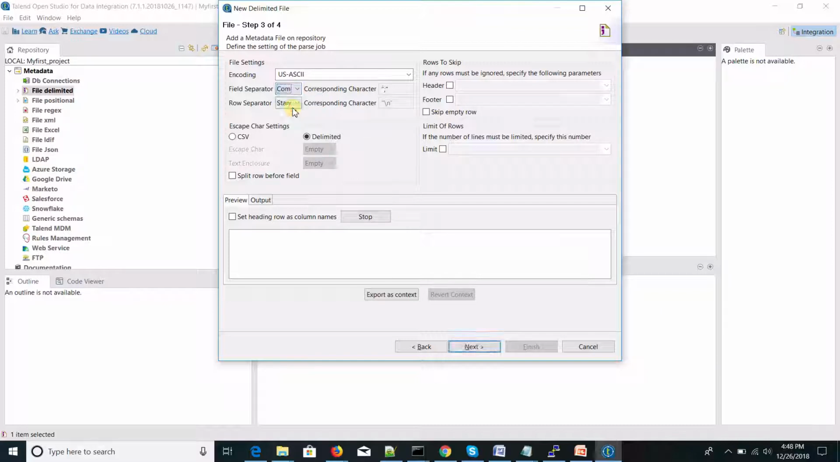Here if you see, the field separator is comma. Automatically the comma will come here, and the row separator is standard, which is nothing but \n, and I have a header which is 1. There is no footer, and we don't have any empty rows to be skipped. Now in this panel, you will be able to see column 0, 1, 2. So this is the data in my file. So click next,